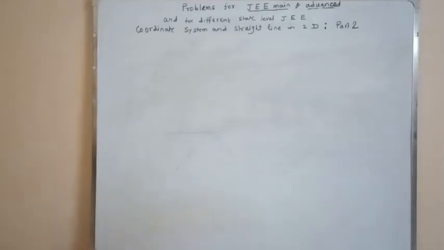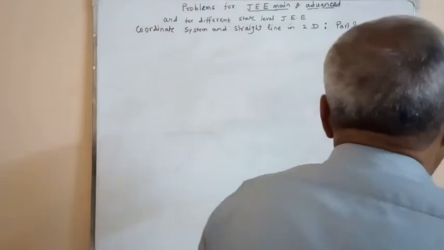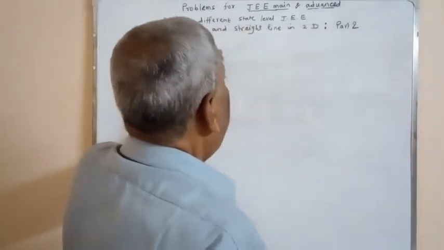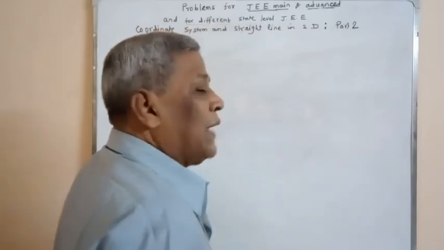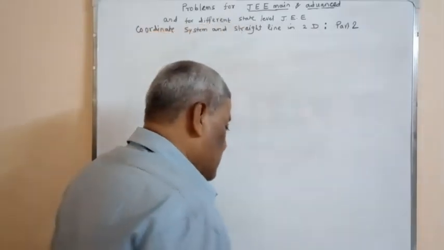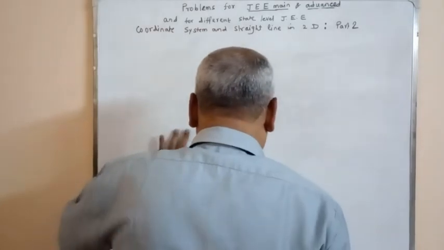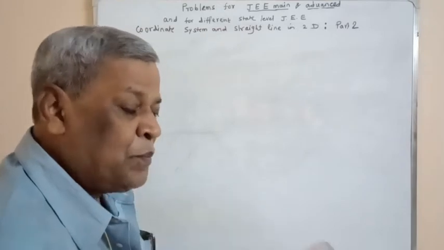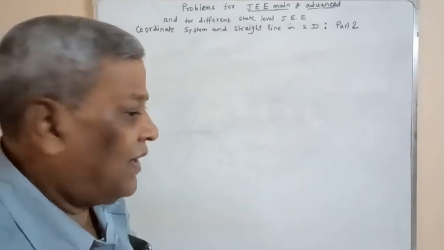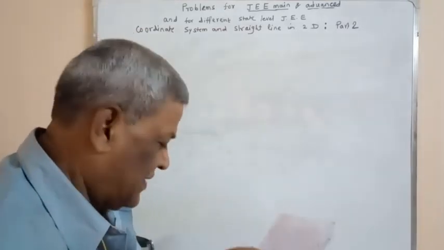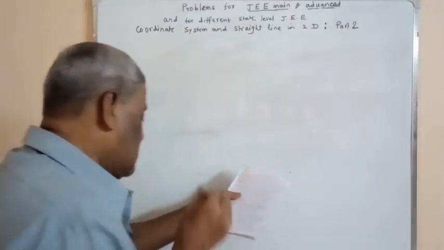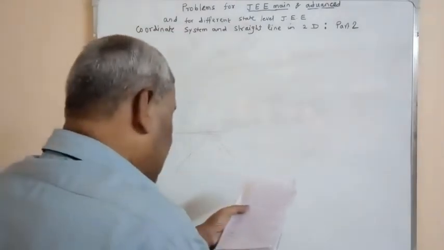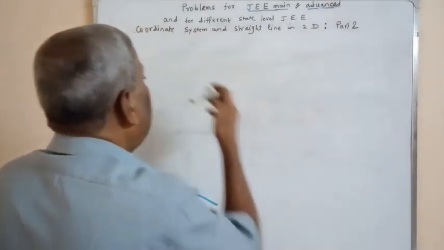Welcome. Today is part 2 of the chapter Coordinate System and Straight Line in two-dimensional geometry. So last day we discussed a few important formulas. Today I will discuss how to obtain the condition that three straight lines